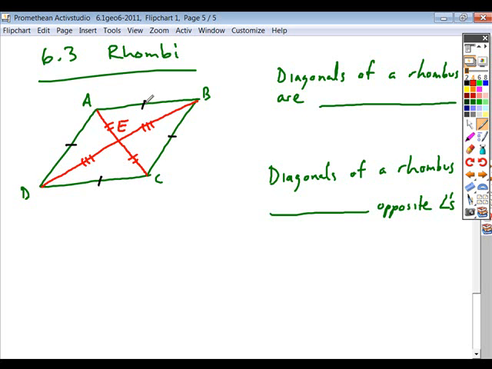Each one has a side of 1, 2, and 3 tick marks. So all four of those triangles are congruent to each other, right? So when you're looking at these triangles,